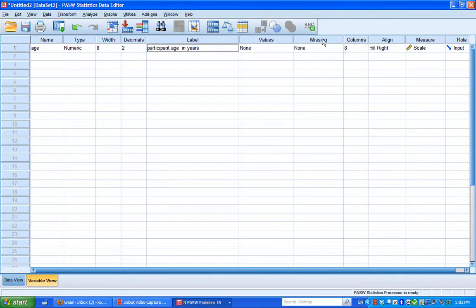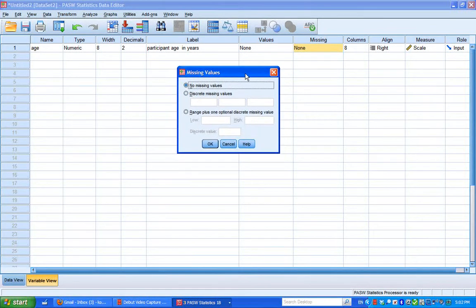So go to the column that says missing. This is the column that will help us identify the values that should be taken out of the dataset. Click on the missing values cell for age, and when you click on it, a little blue square appears on the right hand side. So click on the square and it will give you the missing values window. Alright, select the discrete missing values radio button,